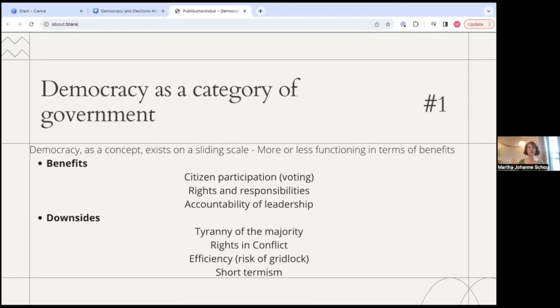So overall, some of the benefits of democracy that are held up to be good things is this idea of citizen participation. As a citizen of this country, you can vote and you can thus impact the people who make the laws and decide basically how you're allowed to live your life. This plays into another benefit, which is this idea of a balance of rights and responsibilities. So as a citizen in a democratic country, you get certain human rights, you get certain civil rights,